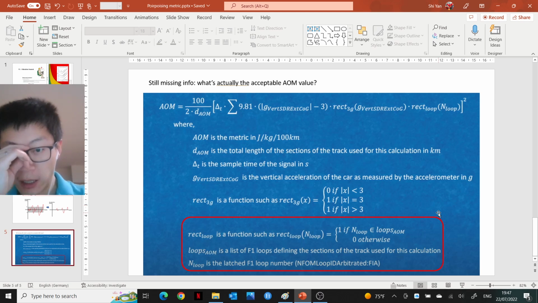So it seems like this rect loop is a function. If we read through it, rect loop is a function such as this portion of the equation is equal to 1 if n loop is part of loop's AOM and it's 0 otherwise. And then what is loop's AOM? Loop's AOM is a list of F1 loops defining the sections of the track used for this calculation. And so what does that mean? It means that